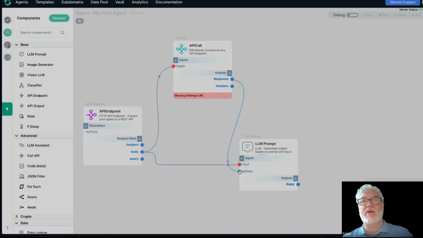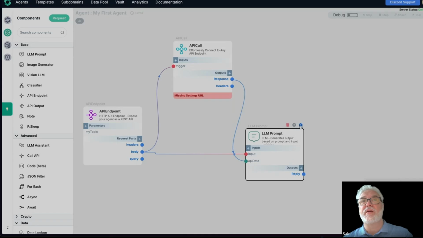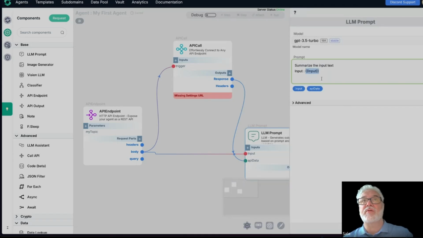You drop that into your API data, and then you can actually build out your prompts by pulling in, so you can build right into your prompts. This is something you can't do inside of ChatGPT. These inputs that are there, and you can see right here, we're looking at the interface for